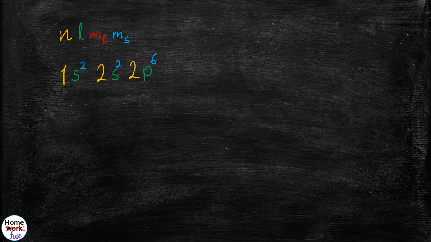Next, that's it for level 2. Level 3, 3s, 2 electrons, 3p, 6 electrons. Level 3 also has sublevel d, but that comes after 4s. 4s2, and then you have